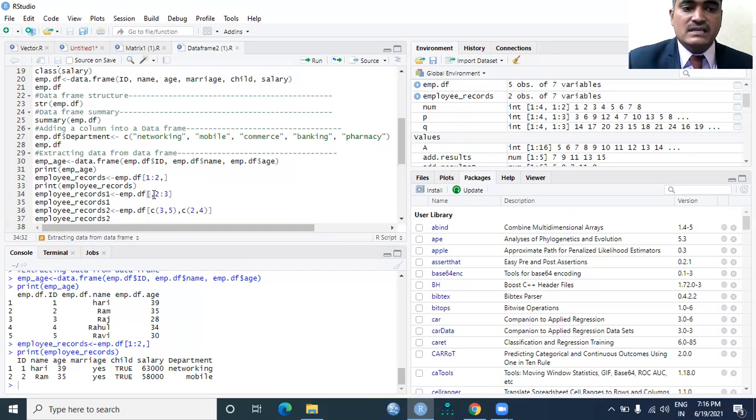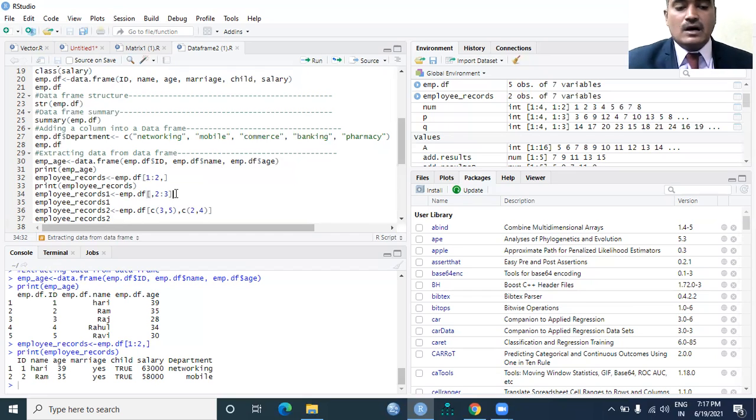So if you don't want to see any rows in the output, you just put a comma and then the second column and third column. So obviously, the first position is rows and the second position is columns. So when you put a comma here, that tells us that in the output you will not see any row related output.